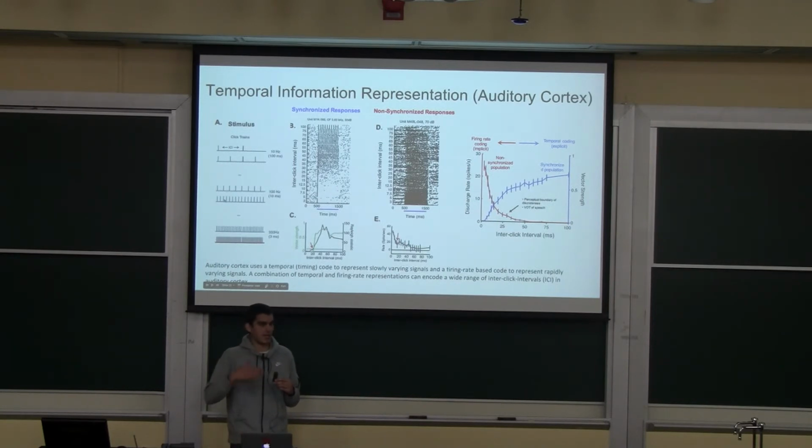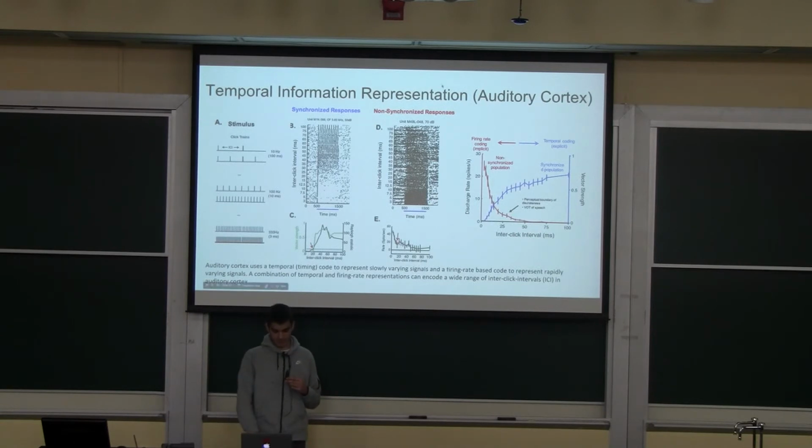and so at a certain point, you're going to go past the threshold frequency for phase locking. When we talk about synchronized responses, we're talking about neurons in the auditory cortex that phase lock from the very beginning, and those are tied to what we mean by a timing code. If the signal is slow enough, you're able to extract information using phase locking mechanisms. But once you go to a particular interclick interval, eventually you reach the high frequency cutoff,